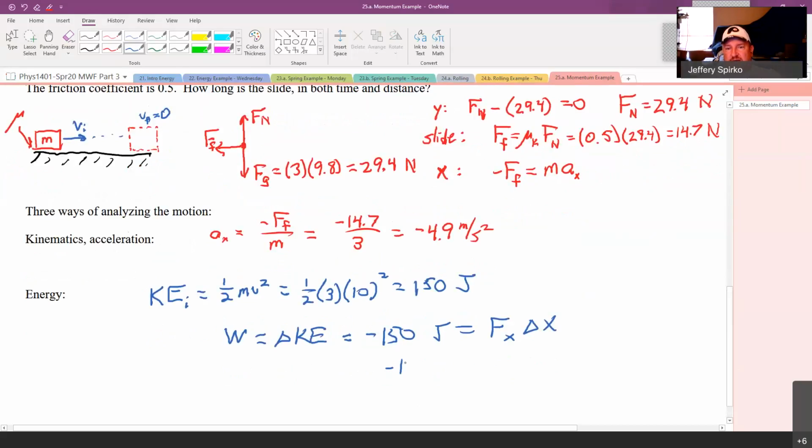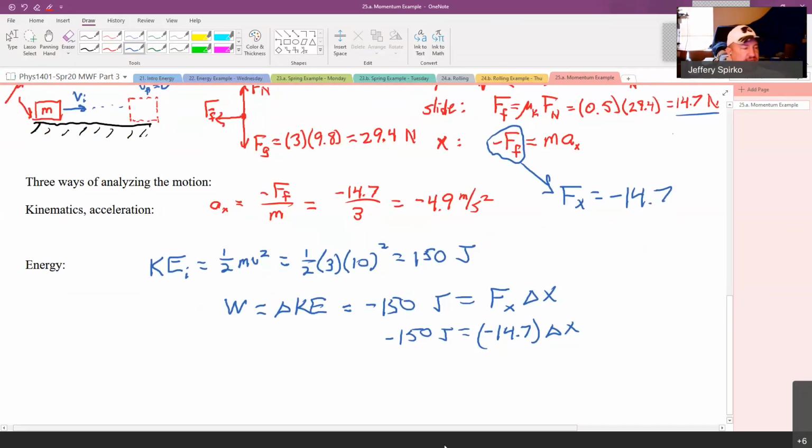So our minus 150 joules is minus 14.7 newtons. That's my x component of the force. So this is the x component of the force. And then I have delta x here as part of my equation. So now I can take my 150 over 14.7